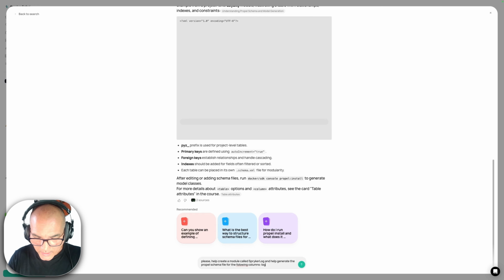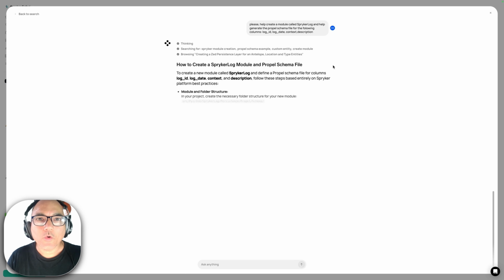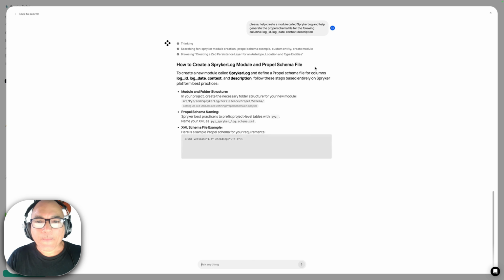And we're going to add log ID, log date, context. They could be, for example, ifs, glue, z, and description, for example. Let's press enter and let's see what information we can get from the assistants. So it's going to go inside the Propel course and take a look at the examples that I created in that course. And based on the code that is going to find inside the course, is going to generate the